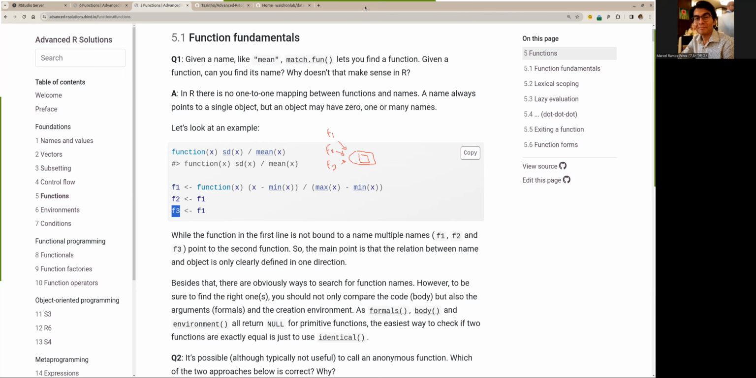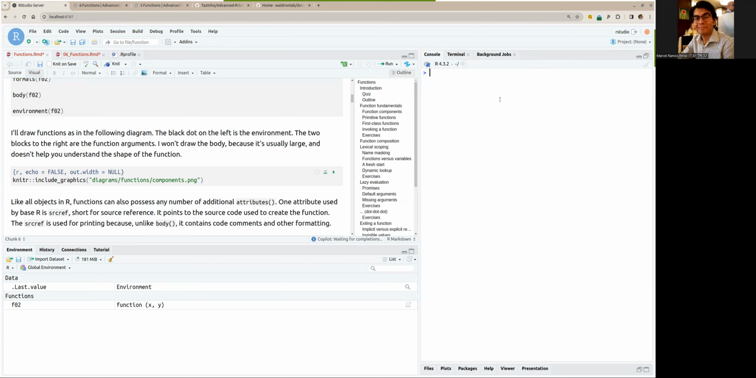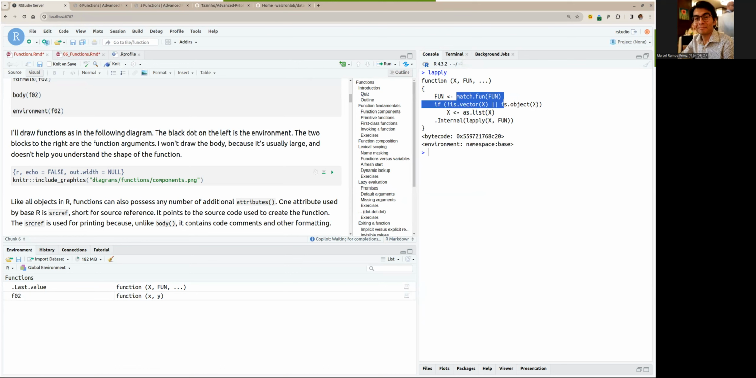And actually, I've never used match.fun before, but I do note that it is used in lapply, and that was actually new to me because I've never used that feature of lapply. So I guess we can take a look at that, and in our session here, let's look at lapply. And you can see that there's this match.fun in the first line of the body of lapply,